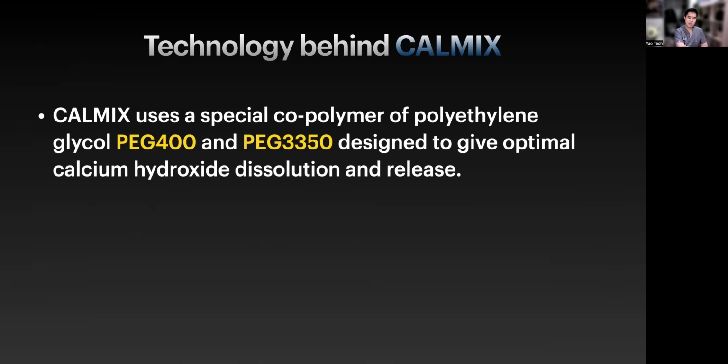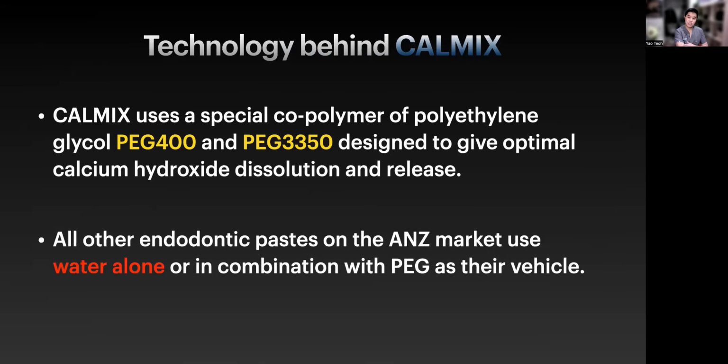The majority of medicaments in the Australian and New Zealand market today use water alone. In this case, something like Calisep, where it's actually a saline composition, or in combination with polyethylene glycol. So some medicaments were using polyethylene glycol, and this goes back again to the paper I talked about earlier, Fava in 1991, where they were using PEG because it's a slightly more viscous medicament vehicle, and their thoughts were to reduce the flow, because if it's water, it gets washed out really quickly. By using some sort of a viscous vehicle, you slow down the release of calcium hydroxide and you get technically